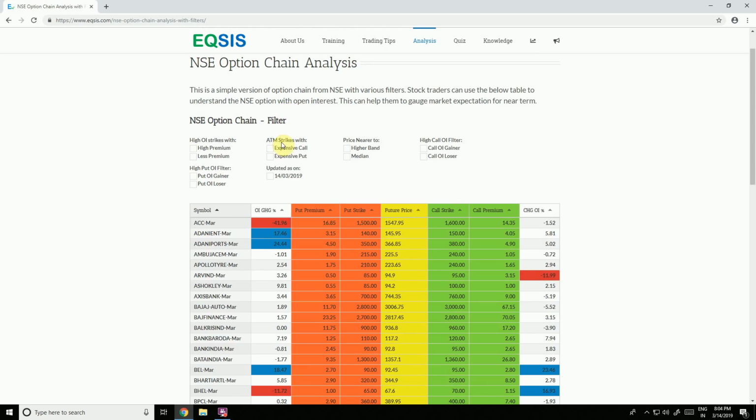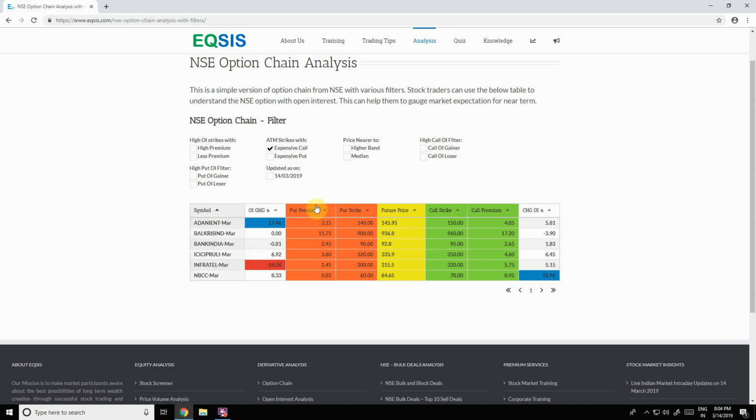Look at this. Using one button, you get to know the list of contracts where the call options are quite expensive compared to the put options. Look at 145. Now it's time for you to go and verify what may be the strike price of